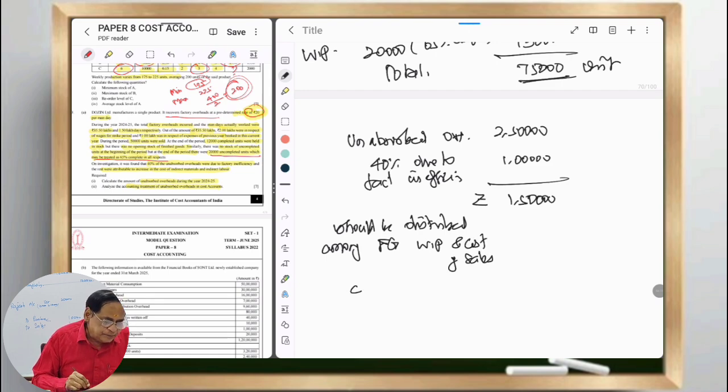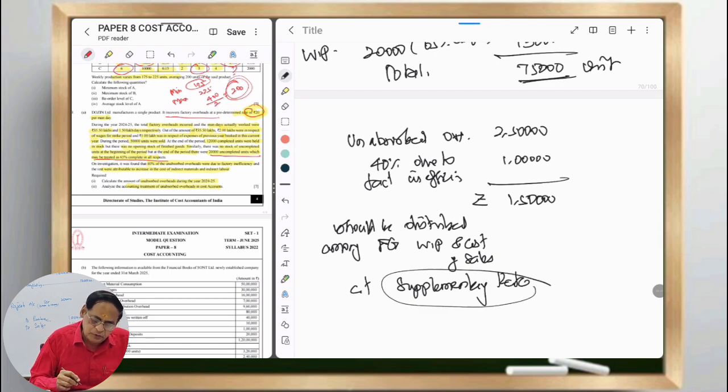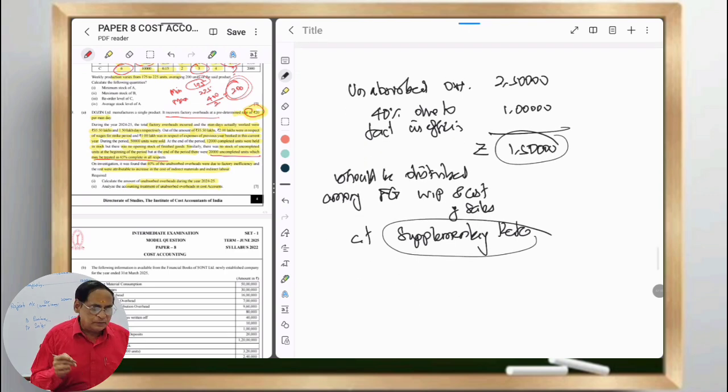So, at how much rate? Supplementary rate, please make note of it. Supplementary rate we have to find out. So, at the supplementary rate, we have to distribute this 1,50,000 among finished goods, closing stock, and completed work in progress. So how much do we have to calculate? What is a supplementary rate? How to find out the supplementary rate? Supplementary rate is